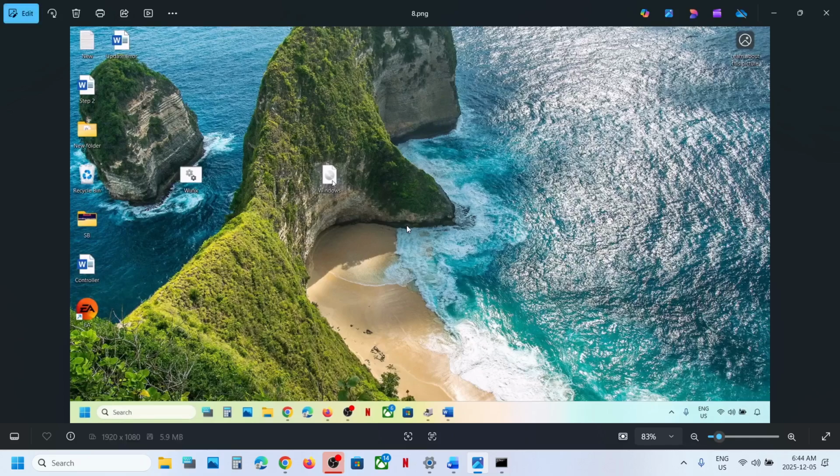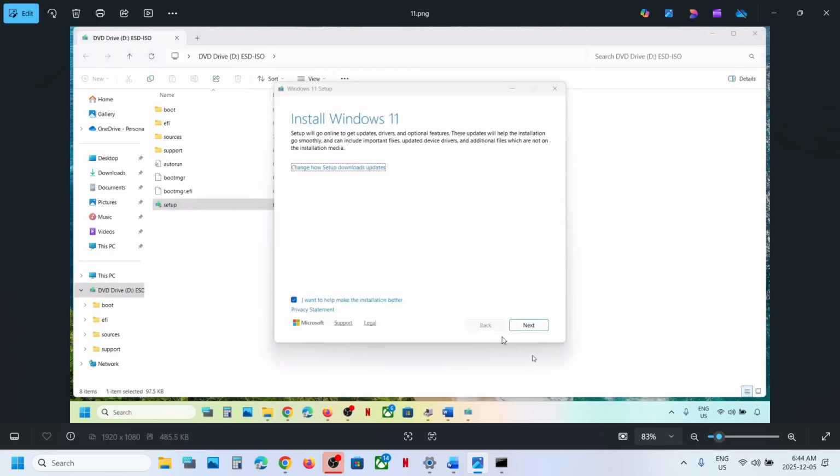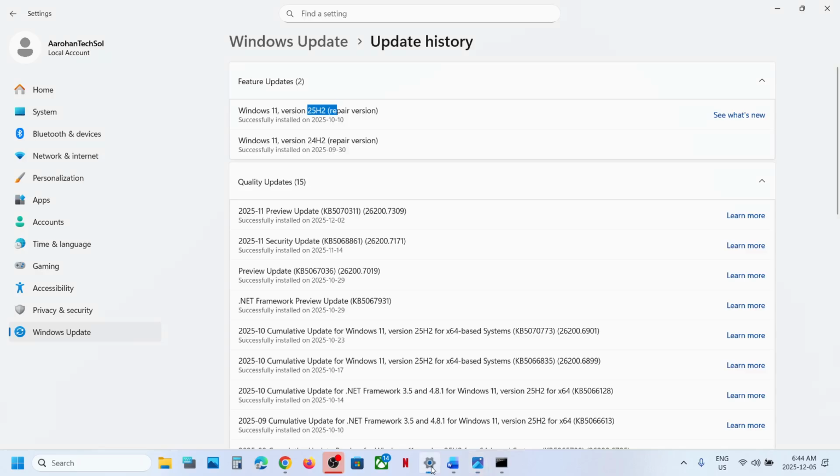Once done, go to desktop, make a double click on Windows ISO file, make a double click on setup file, click on yes to allow, click on next, click on accept. Here you can see ready to install. By default the option to keep personal files and app will be checked. When this is checked, you will not lose any data on the computer, so make sure this is checked and then hit install. This will take some time, and once the installation is complete, now restart your computer and then you can check. So one of the steps shown in this video should help you to update your Windows 11